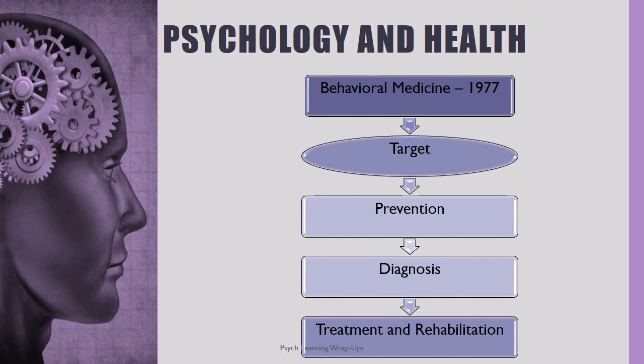Firstly, there is integration of behavioral and biomedical science knowledge. Second, the techniques which are related to health or diseases should be connected. And thirdly, the techniques which are used for prevention, diagnosis, treatment, and rehabilitation, they all should be amalgamated together. So we see an integration of medicine and psychology. The target is simply to prevent, diagnose, treat, and rehabilitate.